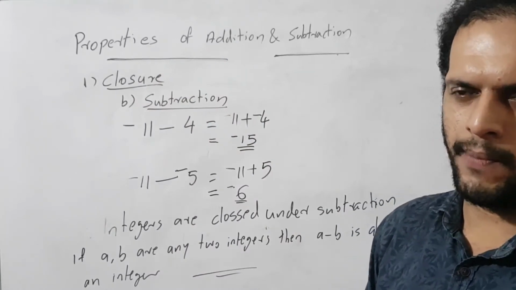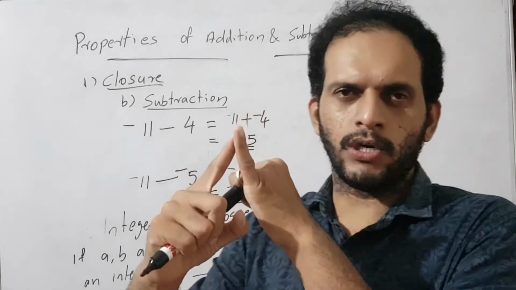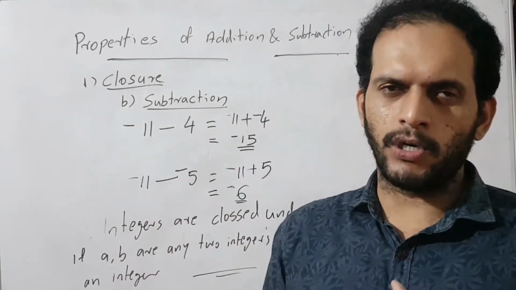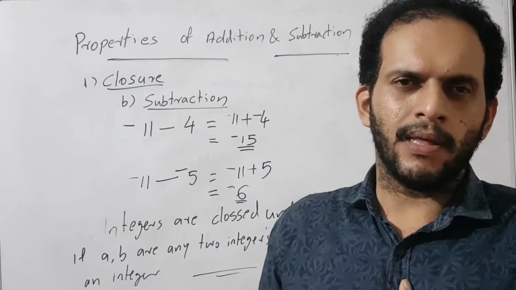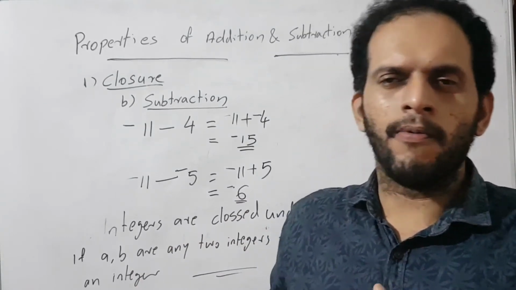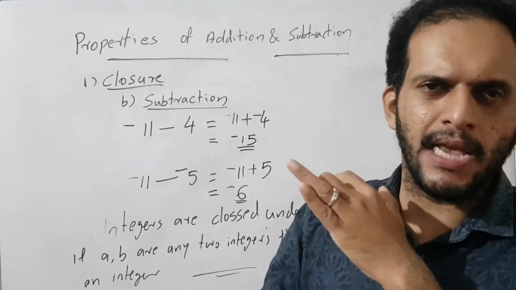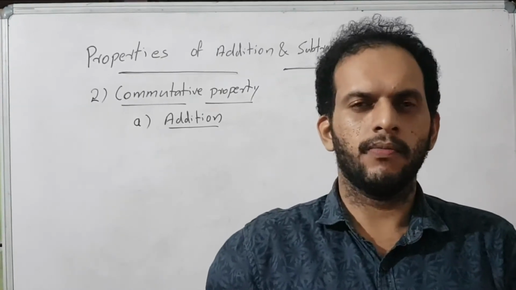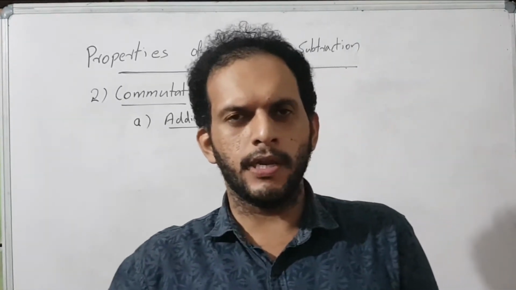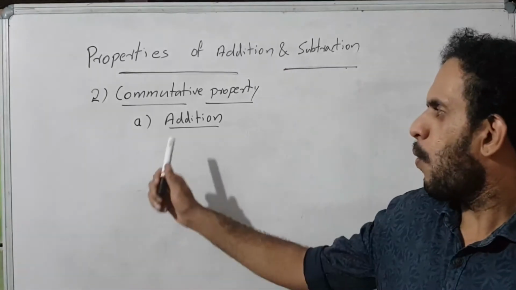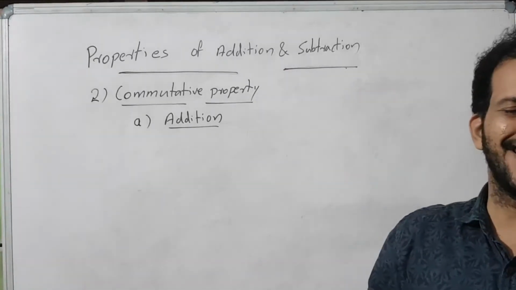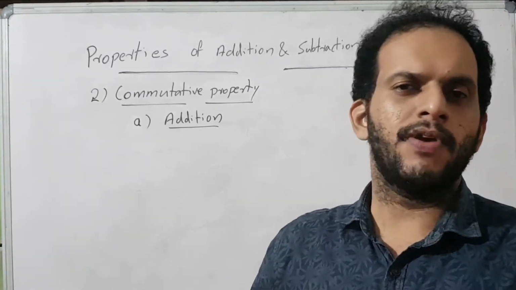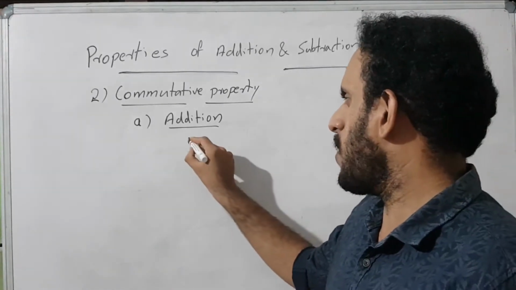Then what do we conclude here? Addition satisfies the closure property and subtraction also satisfies the closure property. Okay, then I think you got the idea of the closure property in the case of addition and subtraction. Now we discuss the second property, the commutative property. Okay, so what is the commutative property? First we discuss the commutative property in the case of addition. For that, here we choose two integers,